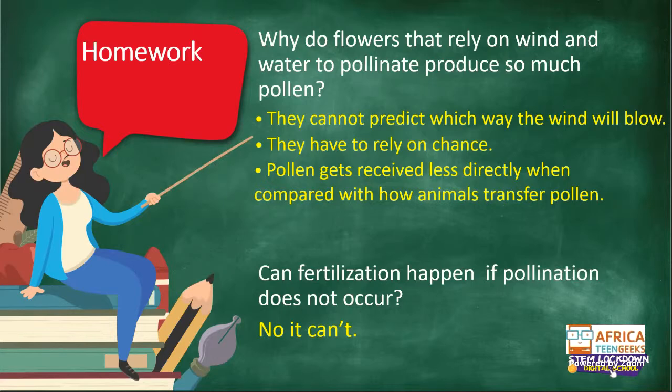Remember we spoke about that yesterday. If you go back and you look at the pistil and the parts of the pistil, pollen needs to land on the stigma, then it starts to grow pollen tubes down the stigma into the ovaries, and there in the ovaries, the pollen will fertilize the ovules, and that turns into seed. So if there is no pollen, then there can't be fertilization.